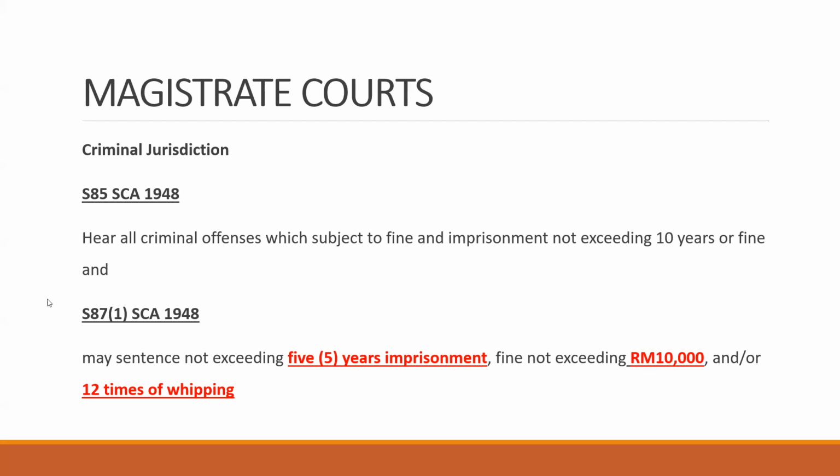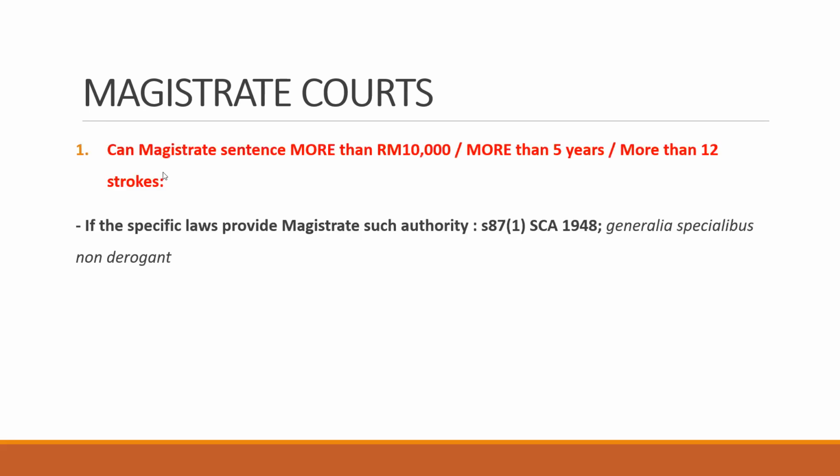You have to memorize this Section 87 sub-rule 1 SCA. Okay, very important, because if you want to appeal, sometimes it's based on the legality of the sentence. So if, let's say, the mahkamah gives 6 years, which is out of its jurisdiction, the whole sentence itself is illegal and it can go all the way up to the High Court and Court of Appeal. I hope you understand what I'm saying.